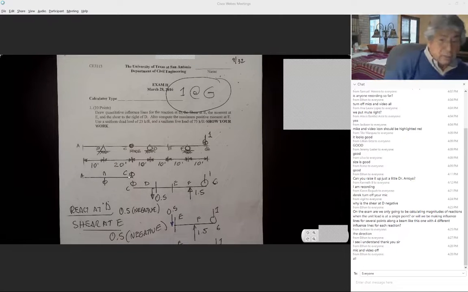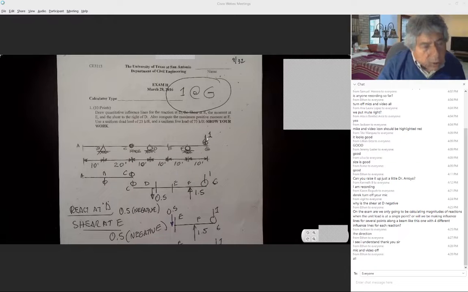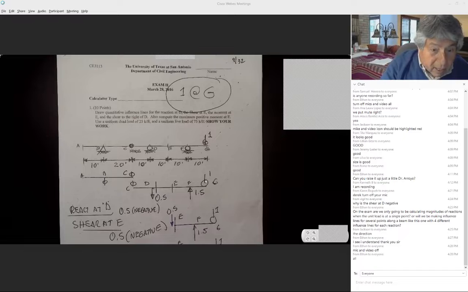The unit load is at G. We already computed the reaction. We always compute the reaction. The unit load at G is producing this reaction, and everything else is 0. So whenever we look at this free body, the reaction at D is 0.5 going down. If I take this free body or that free body,